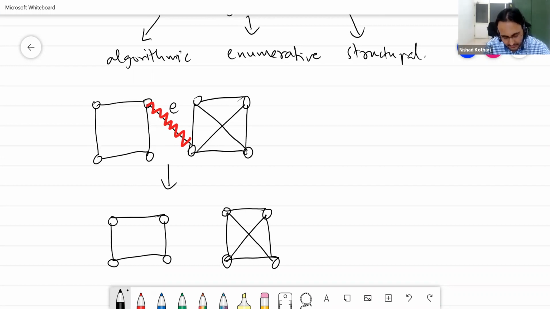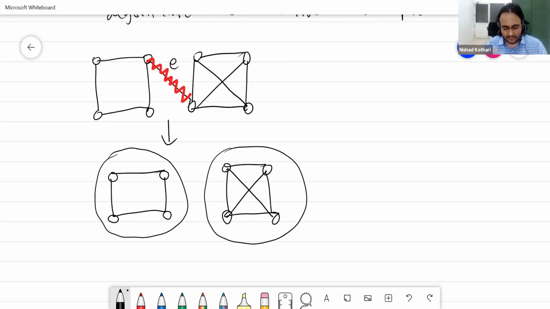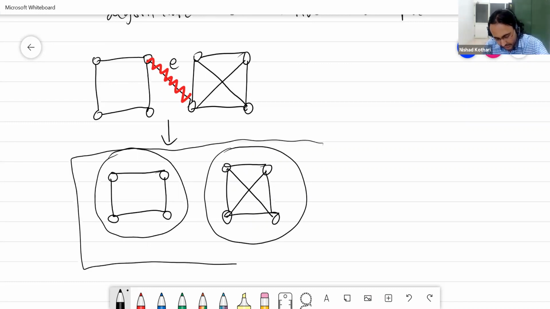And now these graphs, you may look at the connected components. So in most areas of graph theory, you don't need to work with disconnected graphs, right? So this is a disconnected graph. The whole graph, if you look at it, is a disconnected graph. But if you look at just these two blocks, they are connected graphs. And so in most areas of graph theory, you don't need to worry about disconnected graphs, right? So in particular in matching theory, you can assume that your graph is connected, and you can assume that every single edge of the graph belongs to some perfect matching. Okay?